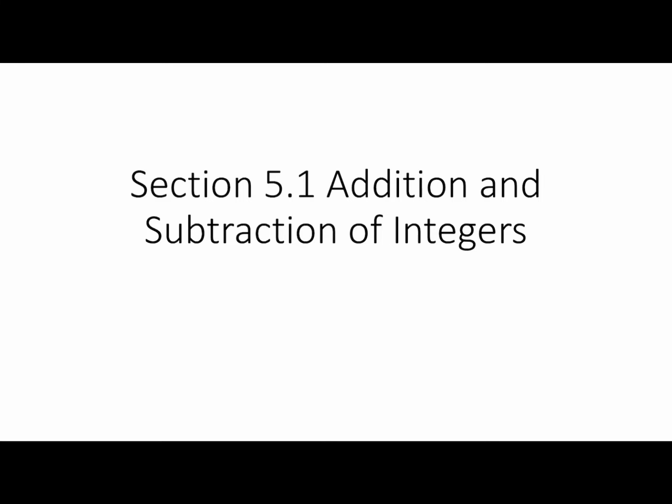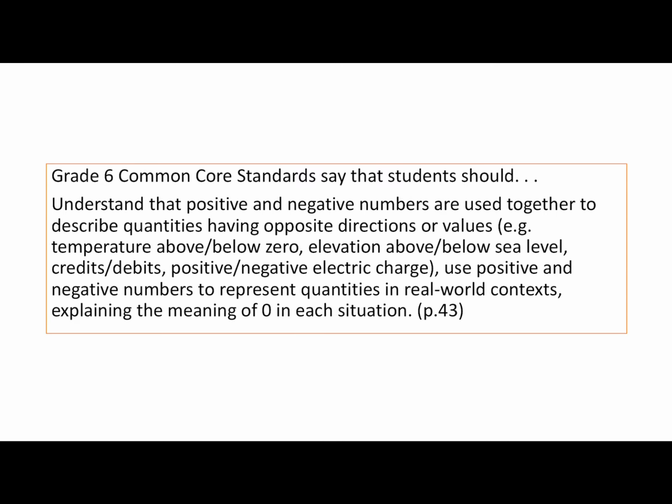All right, we're moving into Chapter 5, and Section 5.1 is addition and subtraction of integers. So we've already looked at addition and subtraction for whole numbers, so now we're going to look at a bigger set of integers. Grade 6 is when students should start understanding positive and negative numbers and how they're used to describe quantities having opposite directions or values. They need to be able to use them to represent quantities in real-world contexts and explain what zero means in